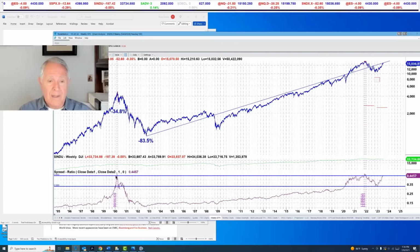First of all, in this wild, crazy, speculative fervor in the year 2000 that led to this high in the NDX, there was only 1 week within a week or two of the very high where we got up to the ratio that we hit on Friday. Remember, at least in theory, you can make a strong argument that this is a measure of big time speculation in the market. It's the high tech, technological stocks versus the high cap conservative stocks. And this is what you got up to for 1 week. Only 1 week,